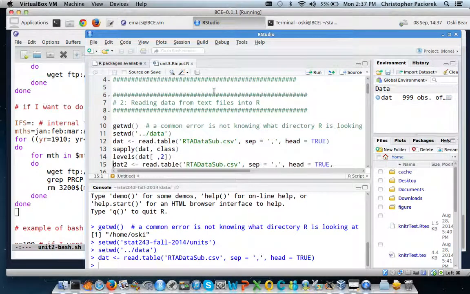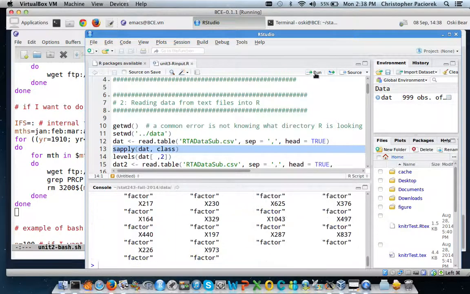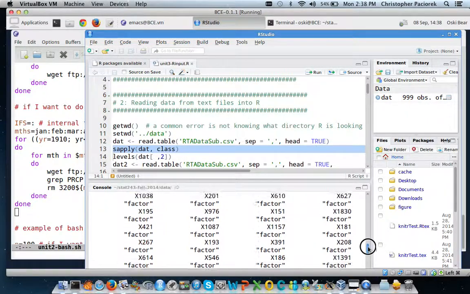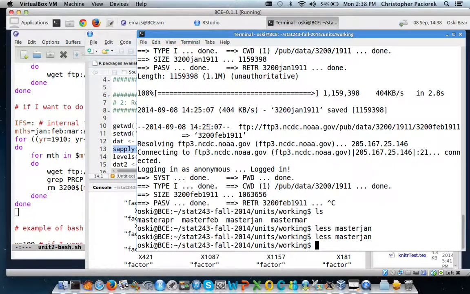I can then ask the question of how the different columns have been read in. I'm going to do this with an sapply. By now you've been playing around with R, or you already know, that a data frame can be treated as a list. So I'm going to do an sapply where I ask what's the class of each of the variables in the data frame. And indeed, when I do that, it shows me that each of them has been treated as a factor. But if I go and look at that file,